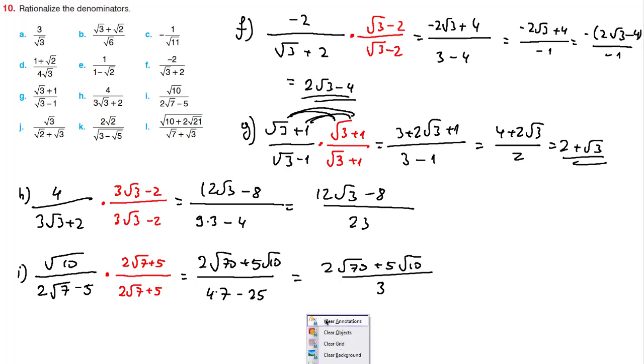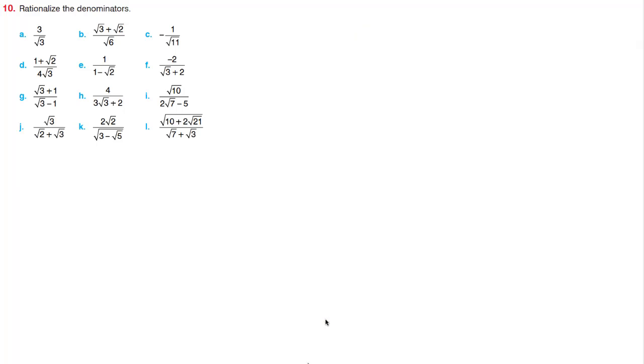Next, under J, so what do you get under J? It's square root of 3 over square root of 2 plus square root of 3. That makes, we should first multiply here by square root of 2 minus square root of 3. Same on the numerator. And we get